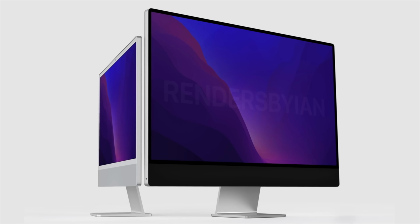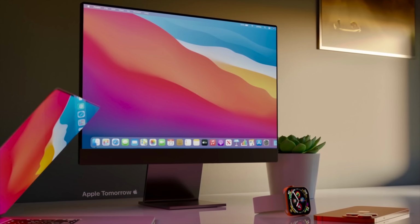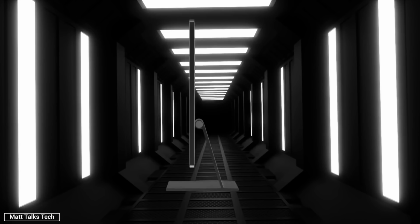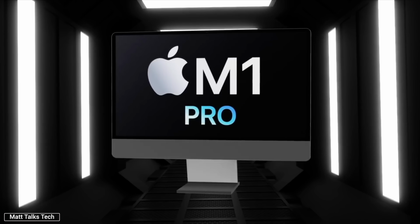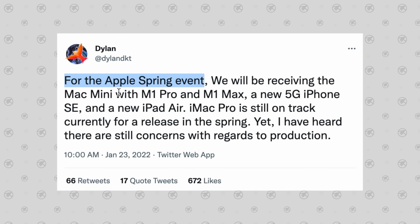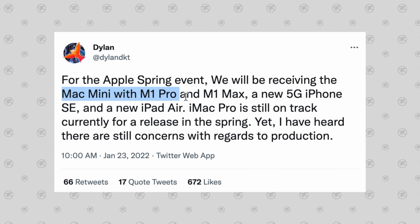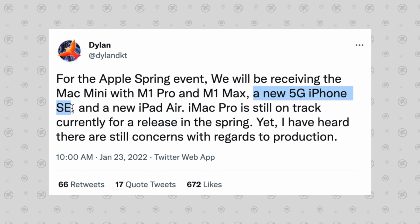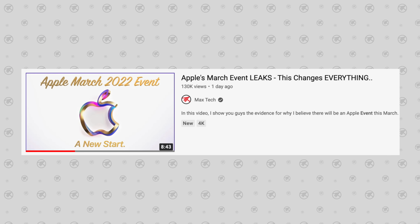Over the weekend, we got some bombshell leaks about Apple's upcoming iMac Pro, including just about the most confusing leak we've had in months, which basically came out of nowhere and shocked everyone in the Apple world. According to DylanDKT, we're gonna be receiving some new products at Apple's spring event, like the new high-end Mac Mini, the new 5G iPhone SE, and the new iPad Air, all of which were expected, and I covered all of